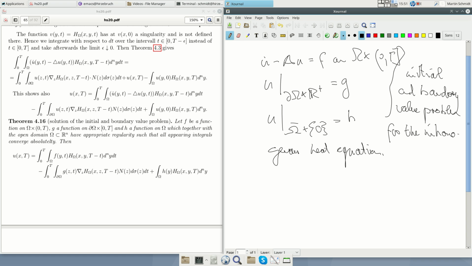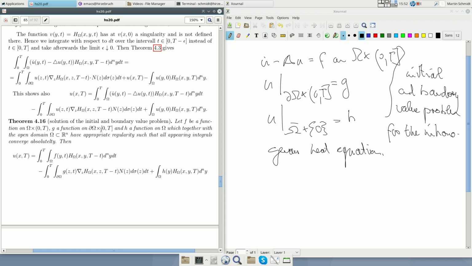Here again we have the boundary of omega cross 0 T. And here we have this. Okay, so we have this function here, this function, and h a function on